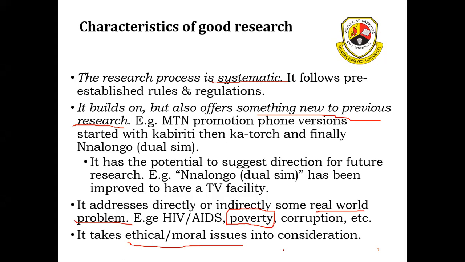Now, even on top of that, for the sake of courtesy, you may not be handling very sensitive issues. Maybe you're developing a system, but you may inform the respondent. First of all, you may ask the respondent to give you permission that you can collect data from them. It may not be sensitive, but you still have to seek consent.